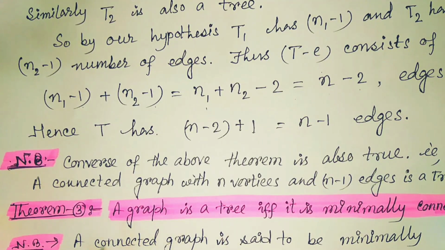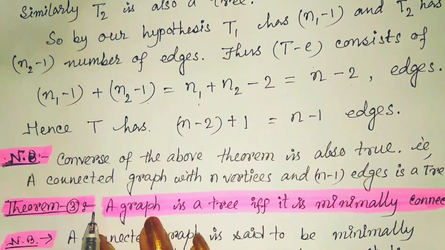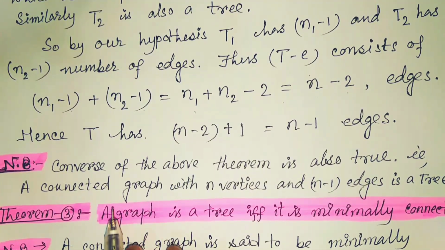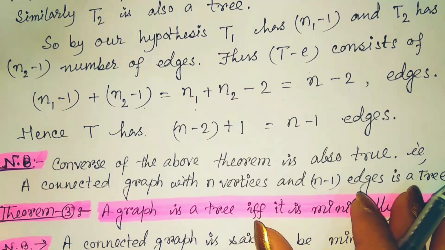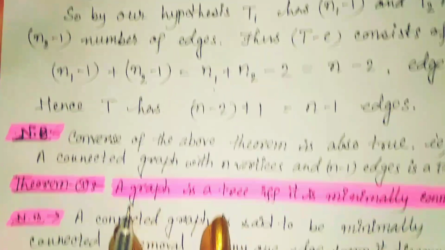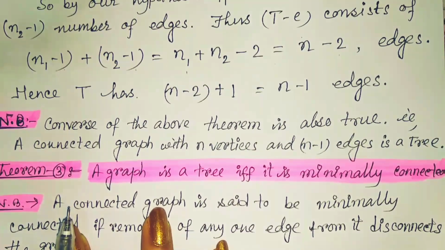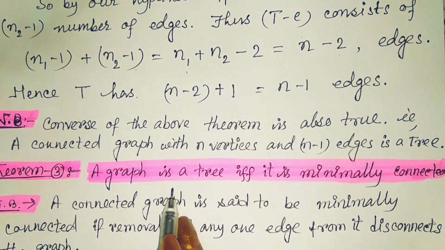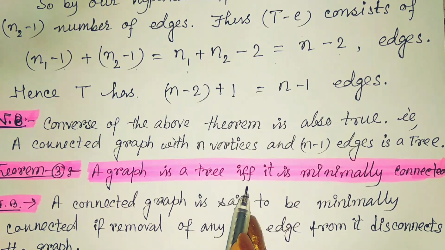Here you should note that the converse of this theorem is also true. That is, a connected graph with n number of vertices and n minus 1 number of edges is always a tree. So one more theorem for the tree structure is that a graph is a tree if and only if